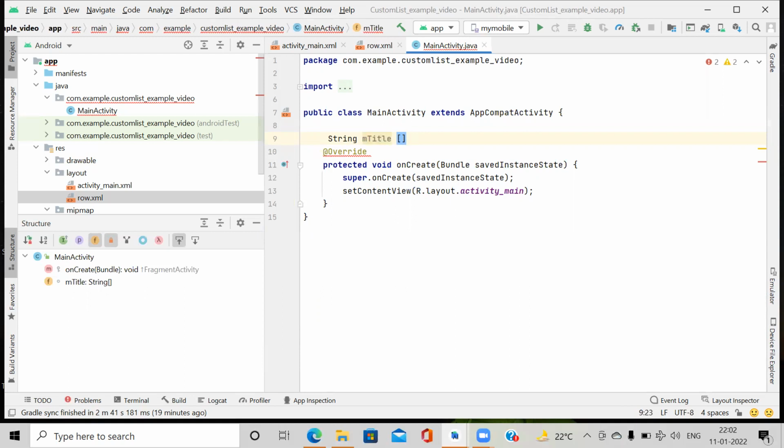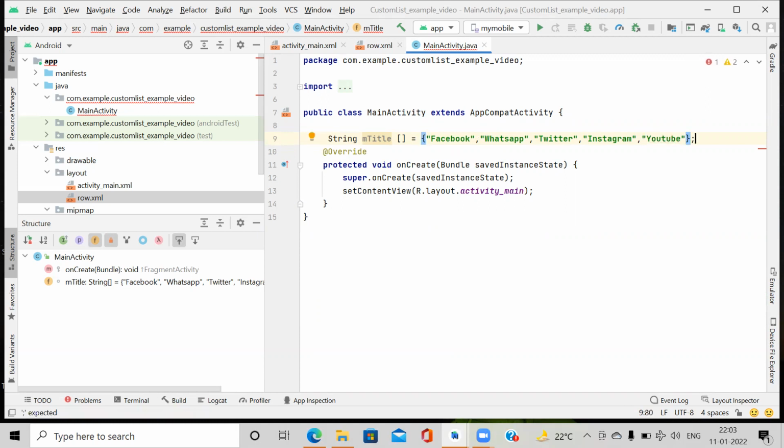In that we create Facebook, then WhatsApp, then the third one is Twitter, the fourth one is Instagram, and the fifth one is YouTube.